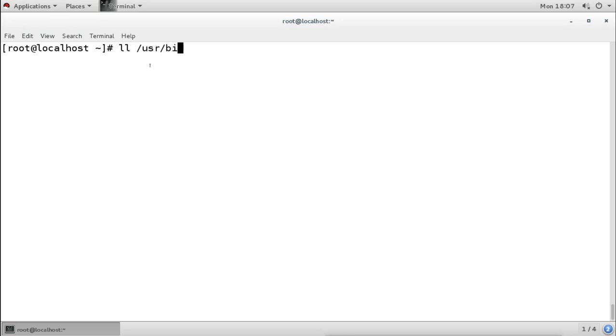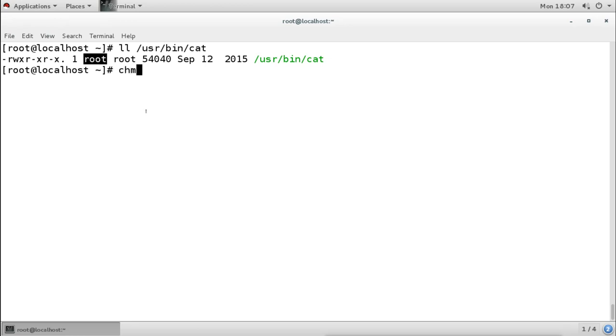cat command. Now this is also an executable file, and remember, previously when it was run by user 1, it was showing that user 1 has access. Now what will I do? Remember, the owner is root. So I will set the UID of root on it. Again we'll use the same chmod command. The default permission is 755, and I don't want to change the default one, so I will keep the default as it is.